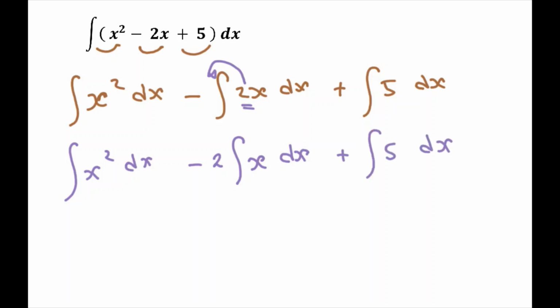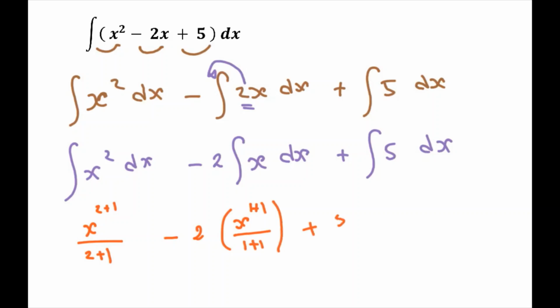Now, I can apply the rule, which is going to be x to the power of 2 plus 1 over 2 plus 1, minus 2 times x to the power of 1 plus 1 over 1 plus 1, plus 5, and remember here it's x to the power of 0, so x to the power of 0 plus 1 over 0 plus 1, plus, don't forget the constant,